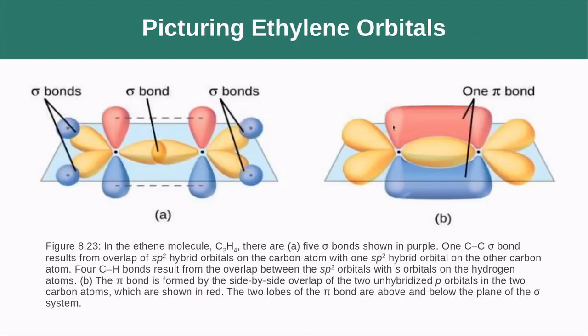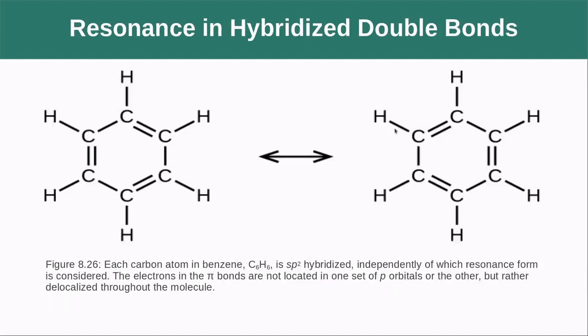If we look at the case of ethylene, we can see that there are these p orbitals that are still present here, unhybridized. If an electron goes in there, then they're going to form this side-to-side interaction, producing a double bond. If we think of the case of benzene,